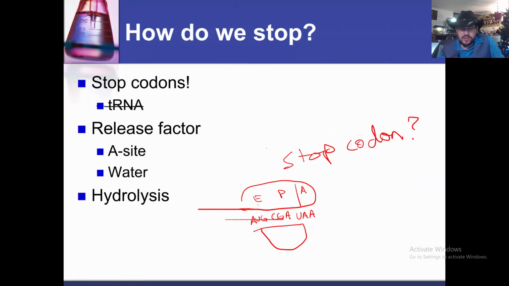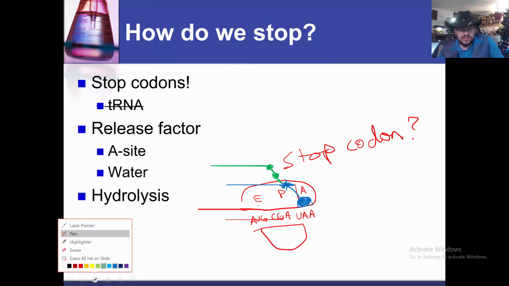So here's our little growing amino acid chain. And our release factor arrives. Let's make it blue because it carries water. It arrives and binds and says, hey, you, break off. We hydrolyze the bonds and we release our new amino acid chain out into the cytoplasm or the rough ER